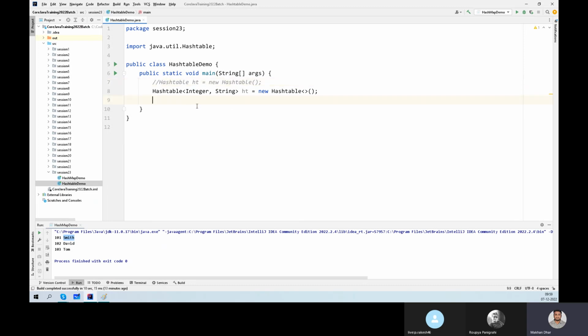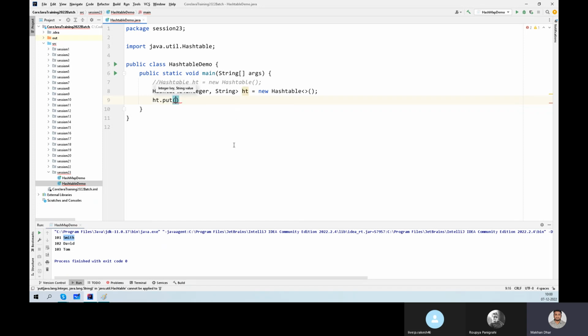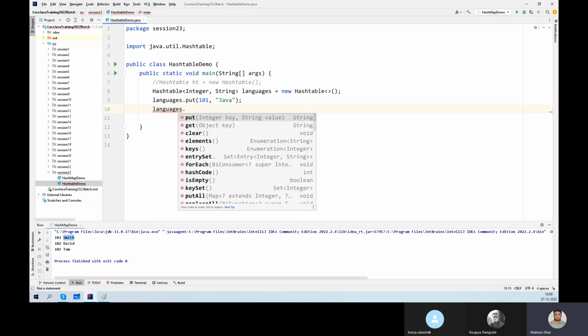Now we'll see. I'm saying ht dot put method, right? Like integer and string it shows. So first should be 101, comma, suppose Java. Or let me change the name to languages. Okay, so languages 101 is Java, then languages dot put,